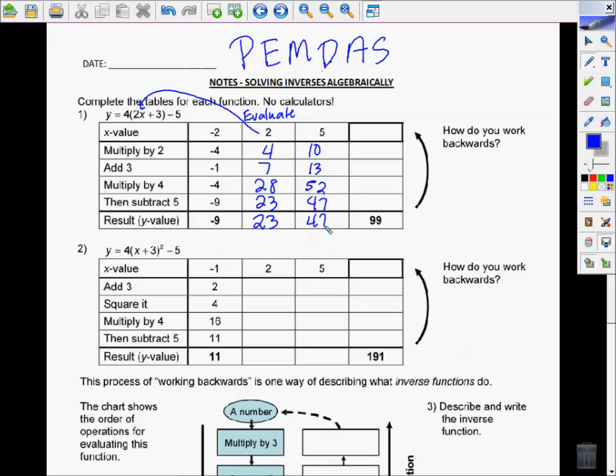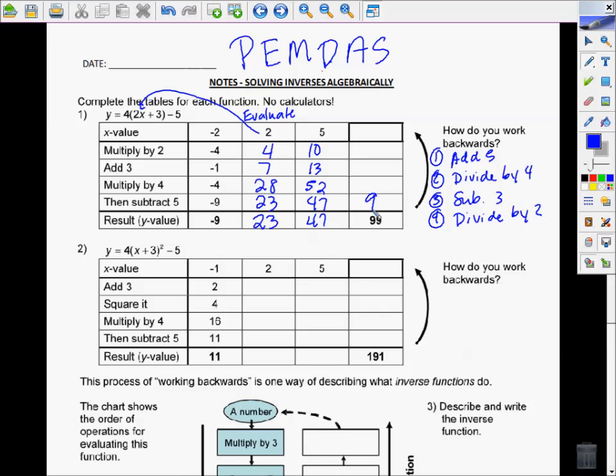Well, notice here. Do I know what I plugged in for X? No, but I do know what Y is, right? So I work it backwards. So these are our steps that we're going to have to work backwards. So the first, instead of subtract 5, I'm going to, instead of multiply by 4, I'm going to, instead of add 3, I'm going to subtract 3, and instead of multiply by 2, I'm going to,